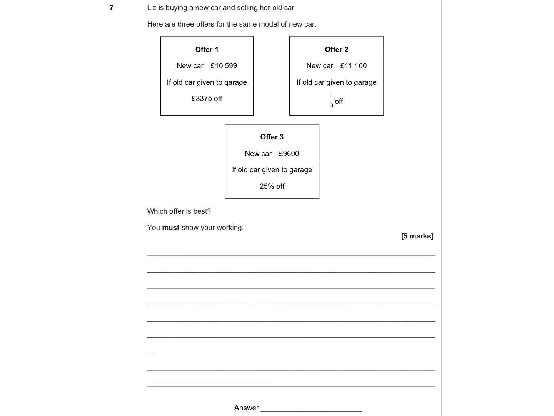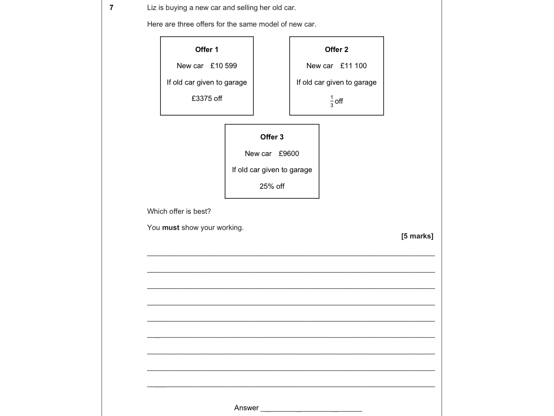Question 7 is a huge question, as in you get a lot of marks for this one, and I think with the papers that I marked, a lot of people were on the right track, but didn't quite get all the answers that they needed. So Liz is buying a new car, and she's selling her old car. There's 3 offers for the same model of new car. So offer 1, the new car is £10,599. If her old car is given to the garage, they're going to take off